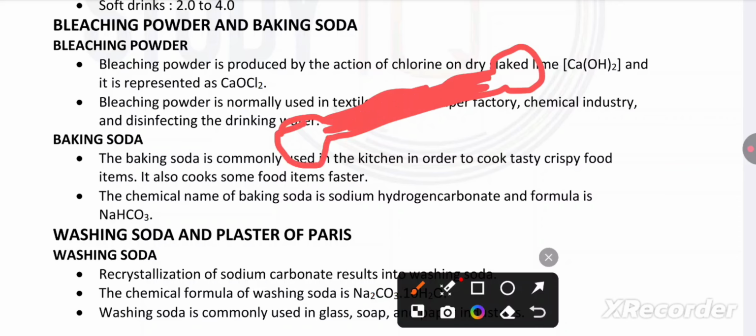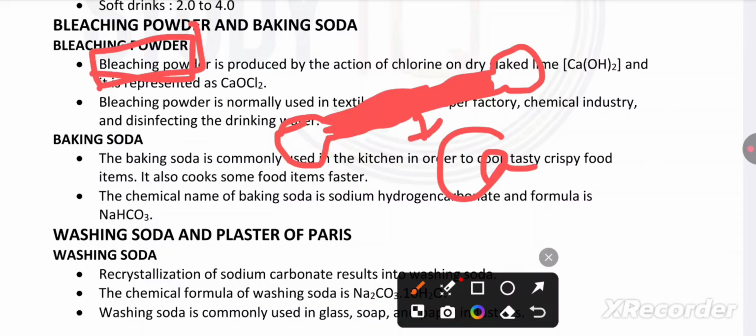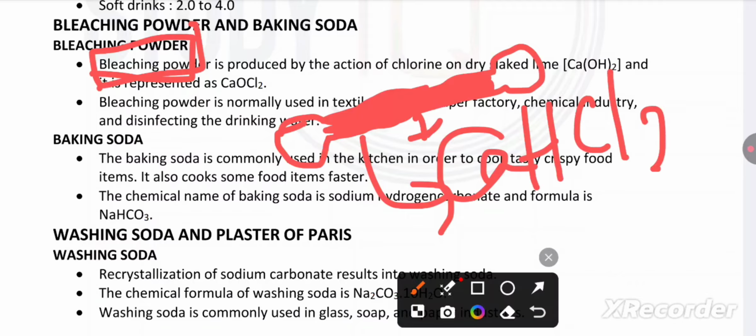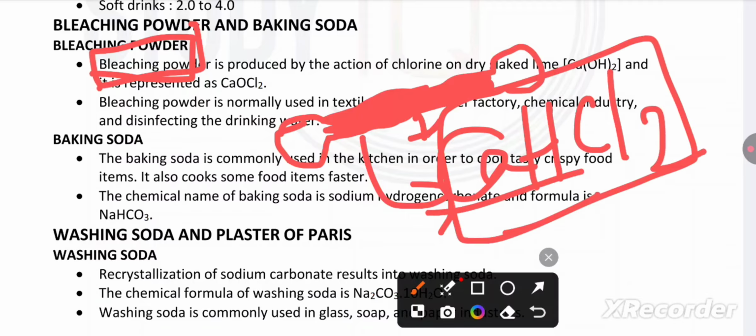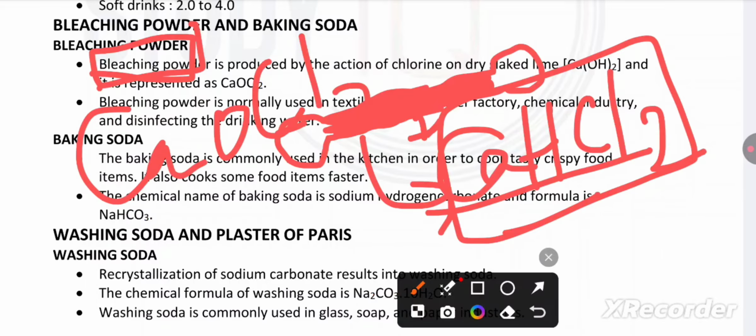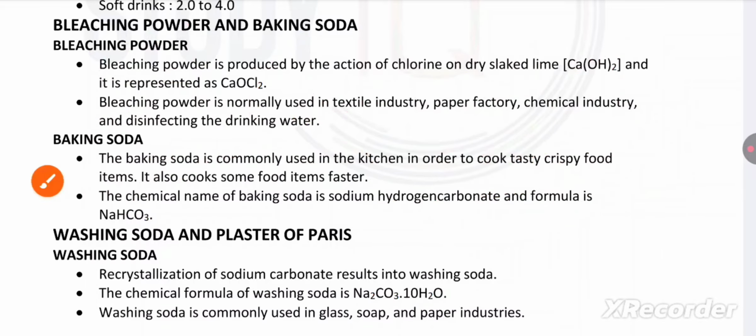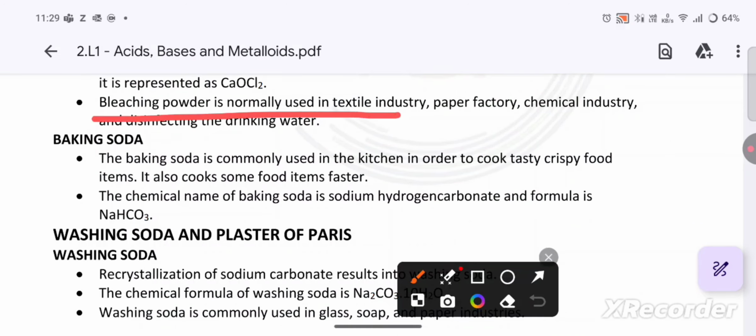This is very hard, right? We can get very hyper angry. Okay, when we see bleaching powder, calcium, that is bone, hypochlorite, chloride. Okay, hypochlorite, calcium hypochlorite, that is calcium oxychloride. Everything is the same. This is normally used in textile industries,